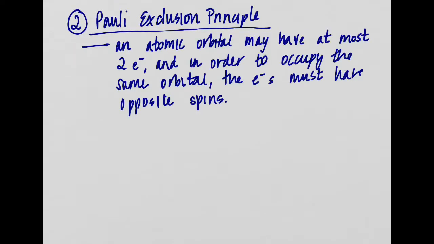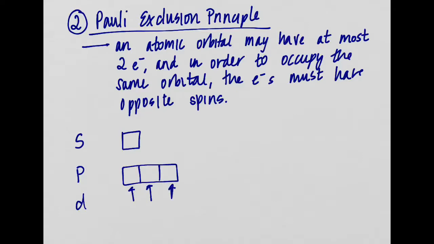All right, so the first part here is that the atomic orbital may have at most 2 electrons. When I say the atomic orbital, remember I have different shapes and different types of orbitals. I can have the s, the p, and the d orbitals. In an s sublevel, we have 1 orbital that can hold 2 electrons. In the p sublevel, remember how they've been drawing them as 3 separate pieces? Really, we draw them together like this. But this is 1 square, 2 square, 3 square, right? So there's 3 orbitals